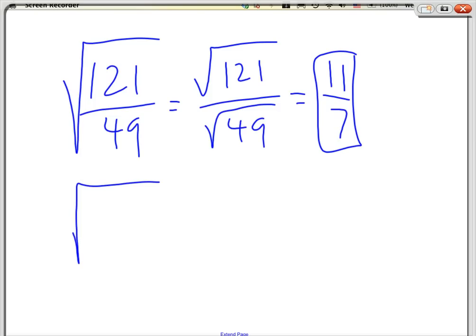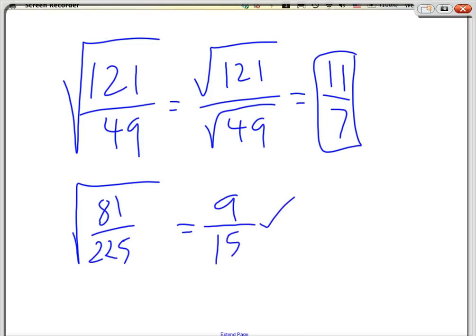I'm trying to give you a bigger number here. What is that going to become? 9 over 15. Can we reduce that? Yeah. 3 over 5. Good job. Any questions so far? So easy, right? What about this one? I hope you still recognize this. Not trying to be tricky or anything, but what about this?